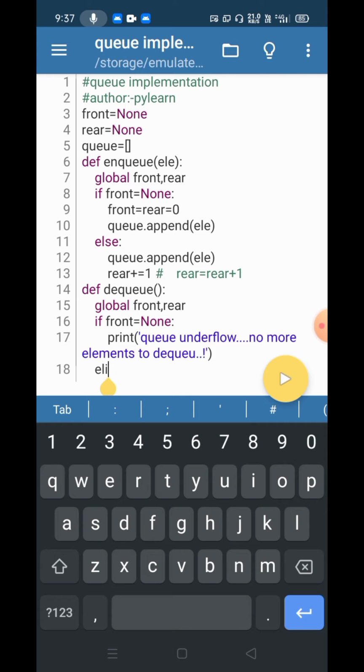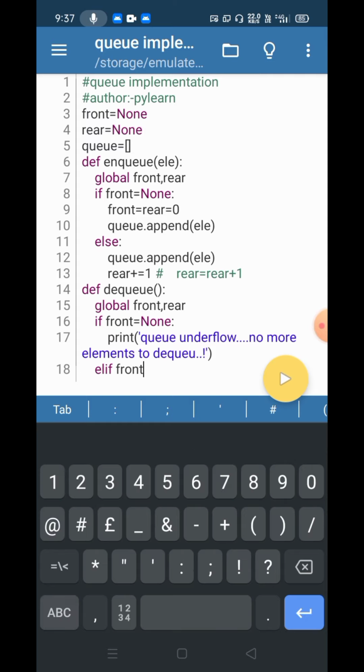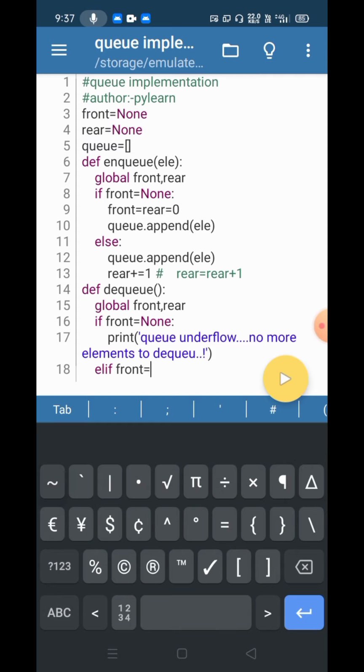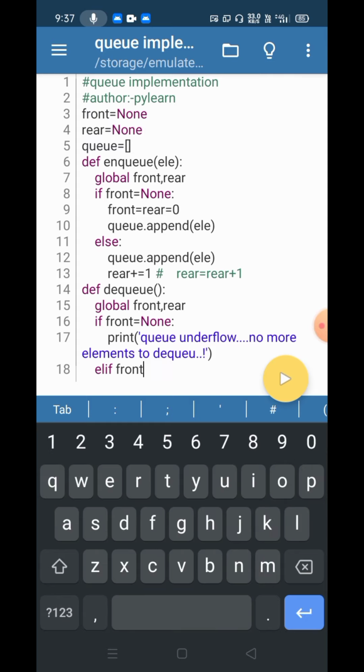And if front equals rear, or we can take front equals 0, or front equals rear equals 0. I am taking front equals rear. They both will be equal to each other when rear equals 0, which means there is only one single object.